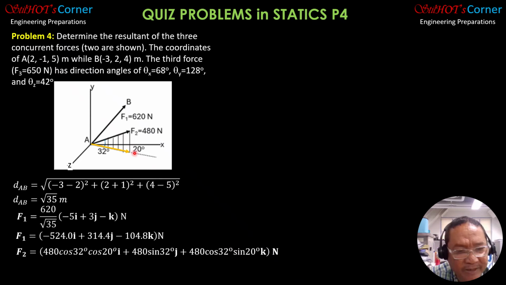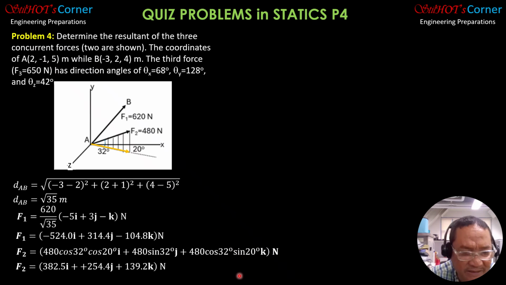Then the z component is also positive in this direction. It is 480 cosine 32, then it is opposite to 20, so sine of 20. 480 cosine 32 sine of 20 degrees. So simplifying, that is 382.5i plus 254.4j plus 139.2k newtons. Finally, for the third force F3 in vector form, it is magnitude 650 quantity cosine theta x i plus